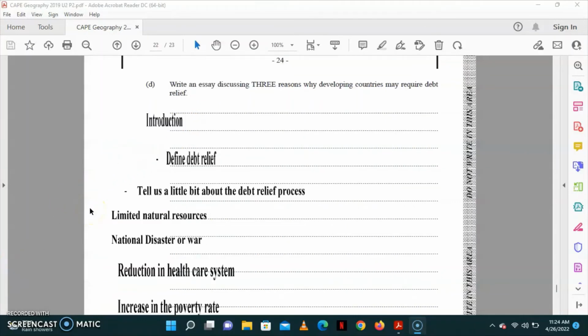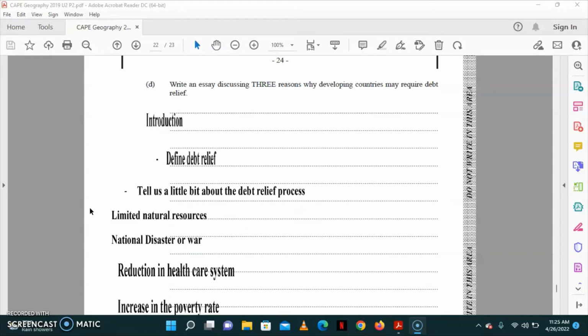So for part D, we're to write an essay discussing 3 reasons why developing countries may require debt relief. Now, the first thing you need to do, since it is an essay, is create your introduction. Debt relief is a measure proposed to reduce disparity in development among nations. Many developing countries often find themselves deep in debt after securing loans from other countries or international monetary agencies, and despite long repayment schedules, they are under pressure to make even basic interest payments. So richer lending countries are encouraged to forgive the debts of poorer third world countries